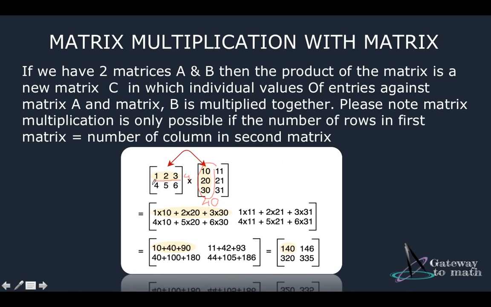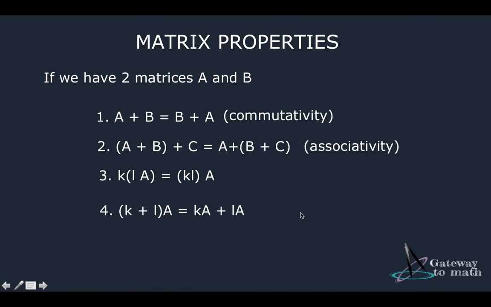But when I say 4 entries in the first row, it obviously means that it should have 4 entries at the second row as well. So it should be 6 here and something here as well. Okay. So that's pretty much it for matrix multiplication. Here 1 is multiplied with 10, plus 2 is multiplied with 20, 3 is multiplied with 30, and then the addition is the value here. Similarly 1 multiplied with 11, and that's how a matrix multiplication is done.